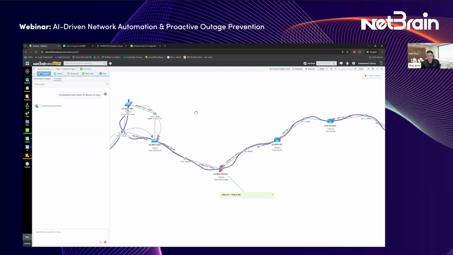Now, the question that people ask me is how specific do you want to be in these prompts? And my answer is that I want every engineer in the organization to be able to use technology to troubleshoot issues. So if the only thing that I understand from this map is that, hey, looks like there's a voice issue, that's all I have to tell AI. Now it's the AI's job to go in the back, ask NetBrain and say, hey, looks like voice problem. Do you have anything to do with voice? And that's how it's able to pull these hundreds of intents from the back and run the right ones for me and help me find the root cause.